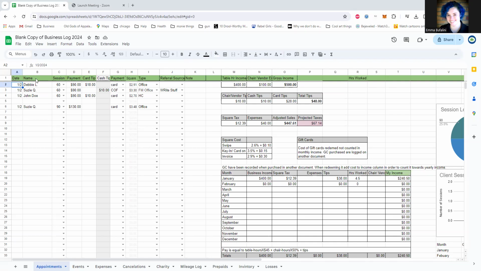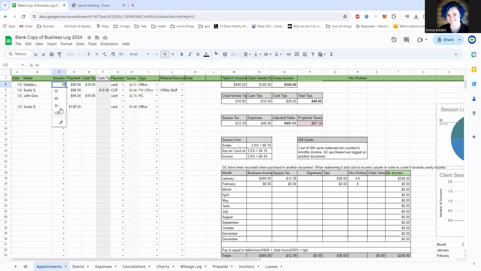So I have the date, I have the name of the person receiving the session, and then I have a drop down menu here that has a session length from 30 to 2 hours. You can actually click this little button at the bottom. The little marker is an editing button, and you can change those to fit what services you actually offer. If you offer more than just time, if you offer different kinds of services, you can actually put those in